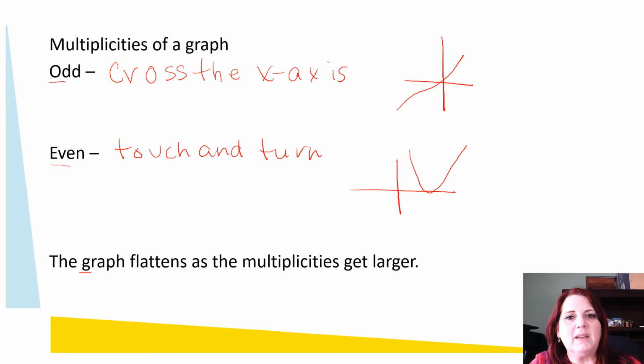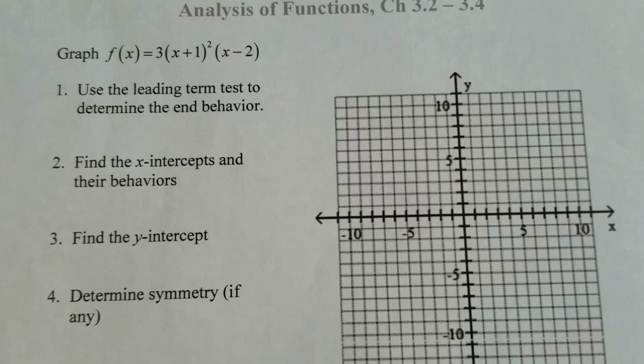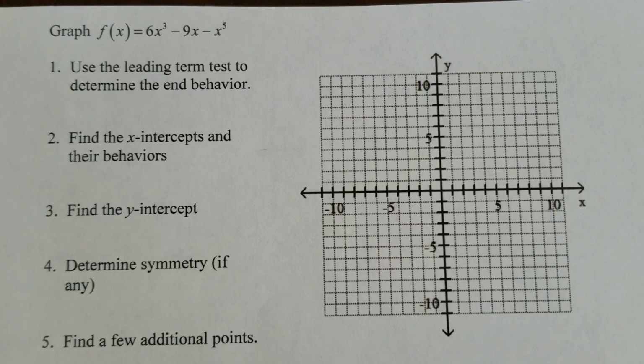And as that multiplicity gets larger, it's going to flatten. So for example, if I wanted something like x to the 8th, it's going to come down, get real flat. There's only going to be one point that touches the graph, but it's going to look to the naked eye like several are. So as we're getting ready to